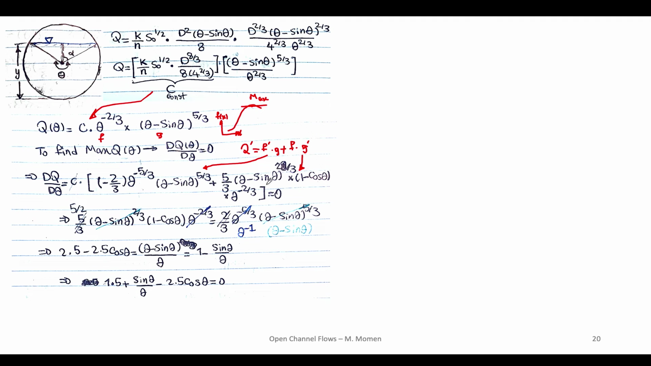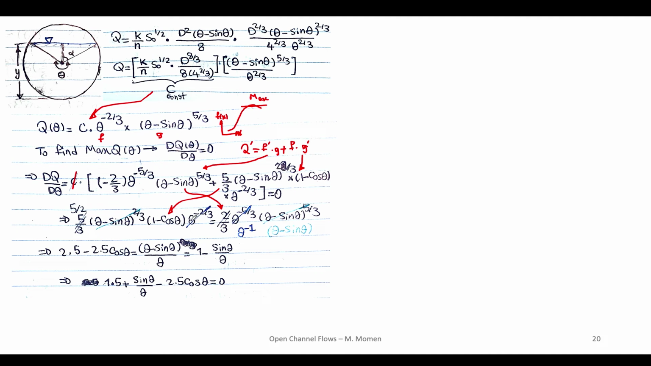So then I set this to 0 to find the maximum theta that satisfies this relationship, so I can get the maximum flow rate here. If I set this to 0, this constant is going to disappear, and I only have an equation for these two terms. I write it on the right hand side: 5/3 theta minus sine theta to power 2/3 times 1 minus cosine theta to power 2 times theta minus 2/3